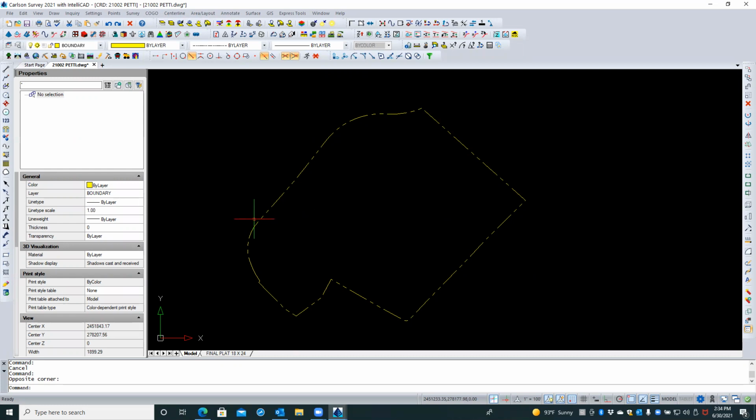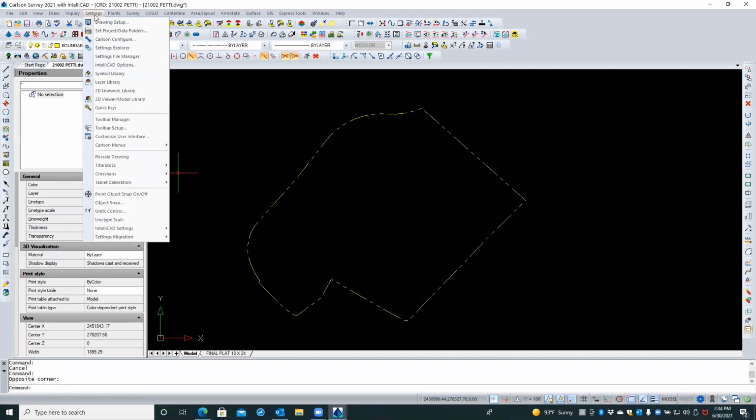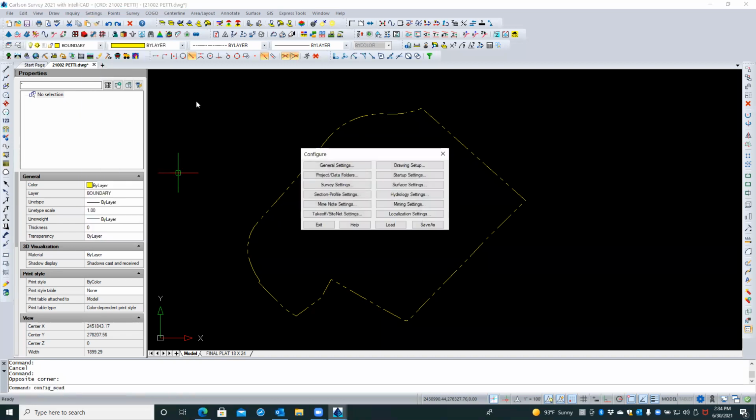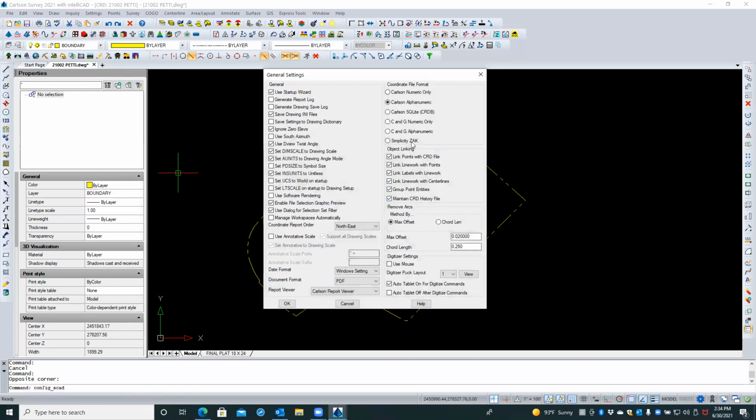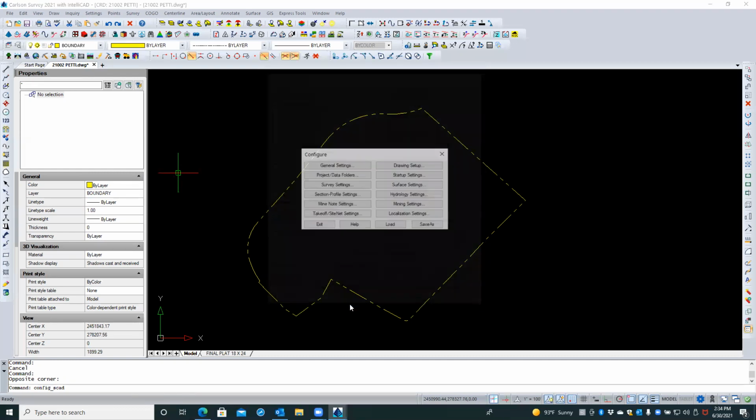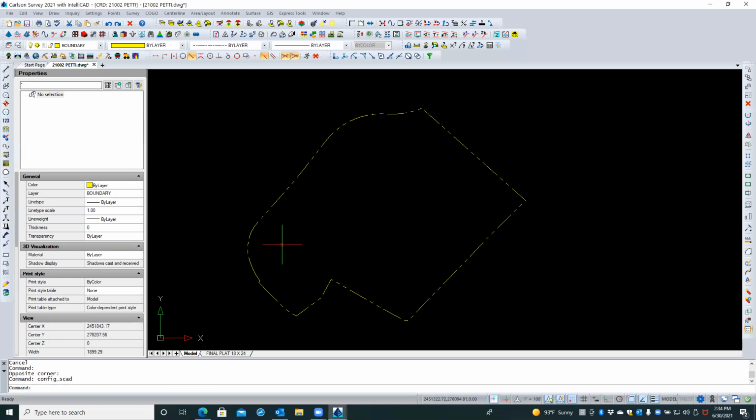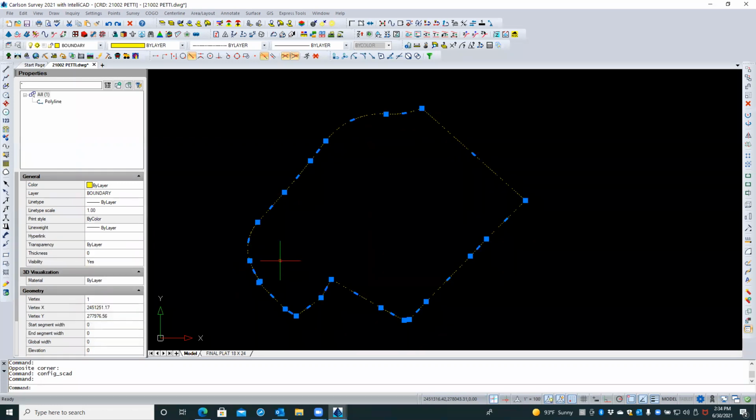And yes, there is a way programmatically to look at that figure and say, well, hey, there's a series of points that go along with that figure, because I know that under my settings, I say link line work with points right here on the right. So there is a mechanism to do that programmatically. But yeah, as for Carlson, I asked that because the Terramodel has a command that allows you to do that. Yeah. So the question is though that